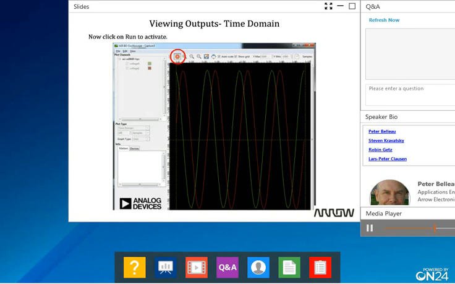Now we just follow the instructions in the user guide to set up the channel triggering, select the input sources, and open plot windows. And we click Run to start. Here you will see a time domain plot, 2 waveforms, one for I and one for Q, 90 degrees out of phase with each other. The y-axis displays the amplitude of each signal. For this example, it goes between plus and minus 750 millivolts.